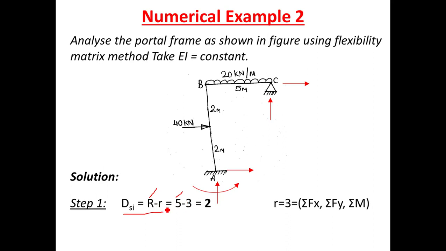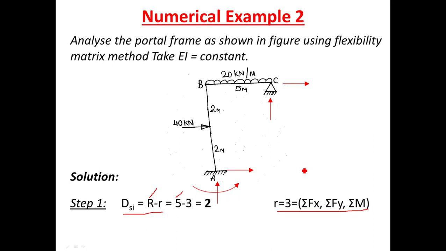Minus small r represents equations of equilibrium. So the number of equations of equilibrium are 3, that is summation of Fx equal to 0, summation of Fy equal to 0, and summation of moment equal to 0. In a frame, since it is subjected to two-dimensional forces in x as well as y direction, we are considering all 3 equations of equilibrium. But in case of a beam, since the beam is subjected to only vertical forces, there is no horizontal force acting on the beam, we are not considering summation of Fx equal to 0. That's why in beam problem we have considered 2 equations of equilibrium, and in frame problem now we have to consider 3 equations of equilibrium.